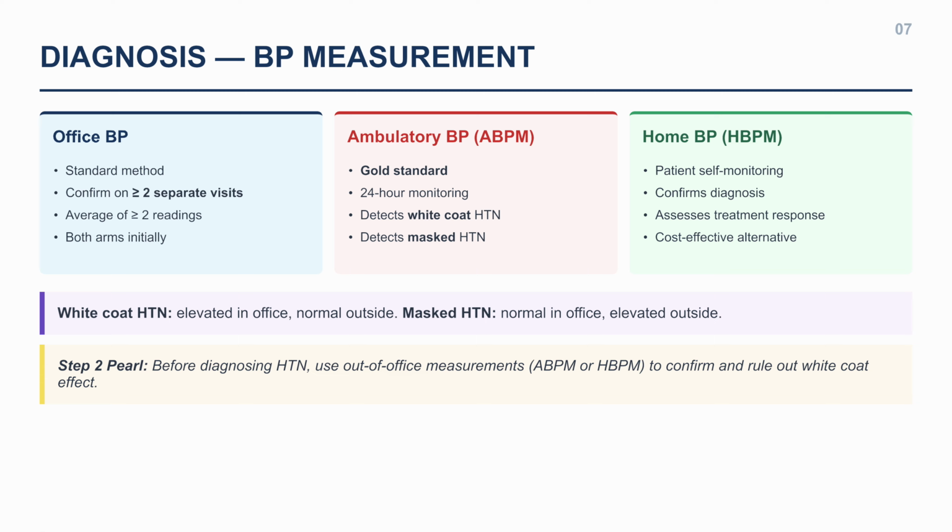It is a cost-effective alternative to ABPM and useful for confirming the diagnosis and assessing treatment response. Two important patterns to remember. White coat hypertension is high in the office, but normal outside. Masked hypertension is normal in the office, but high outside. Step 2 Pearl. Before diagnosing hypertension based on office readings alone, confirm with ABPM or HBPM to rule out the